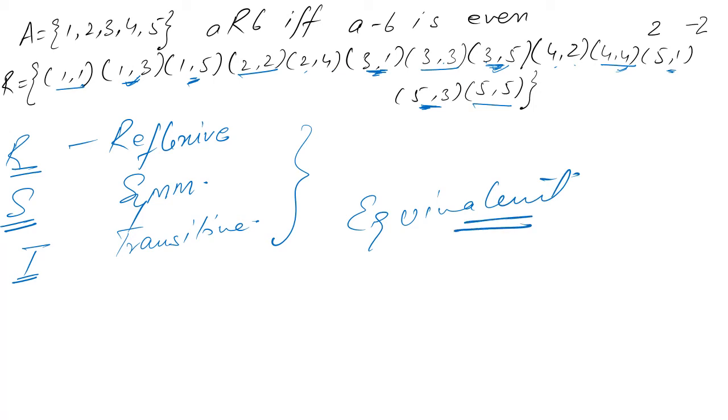Right? So these were two examples where we had small sets on which the relations were defined. So we could very easily list the relation pairs and visually inspect the various properties. Now we will see what happens if the set on which the relation has been defined is an infinite set, and therefore it is not possible for us to make a list of all the relation pairs, and so we cannot visually inspect the relation to check for the properties. Let's see that. Let us say we have a relation that is defined on the set of natural numbers.